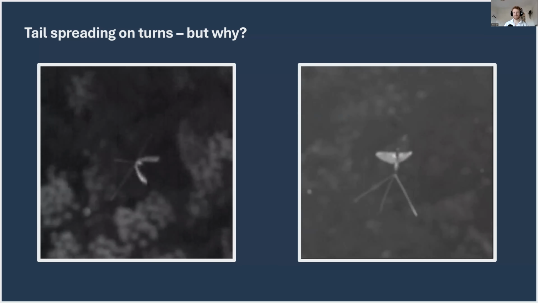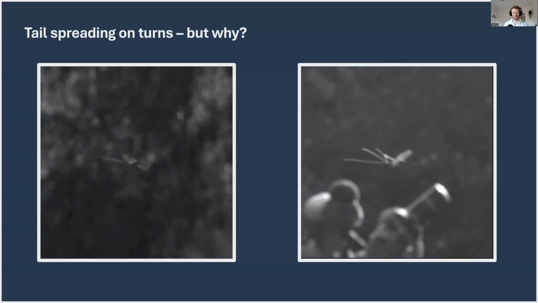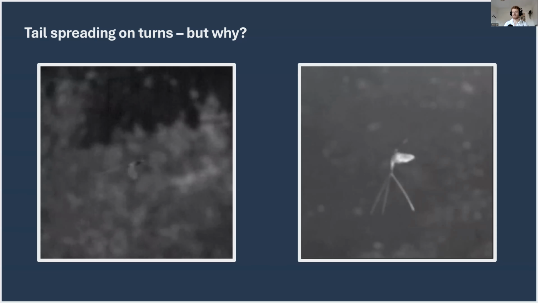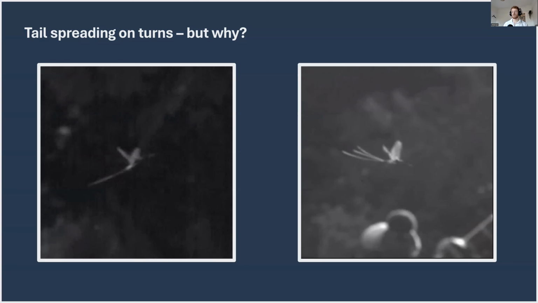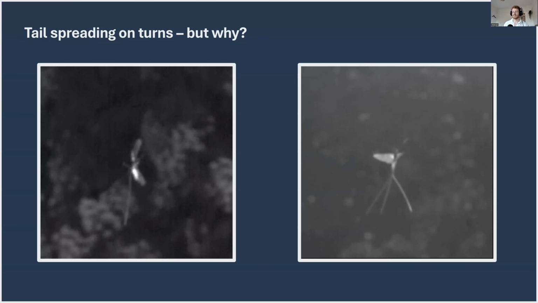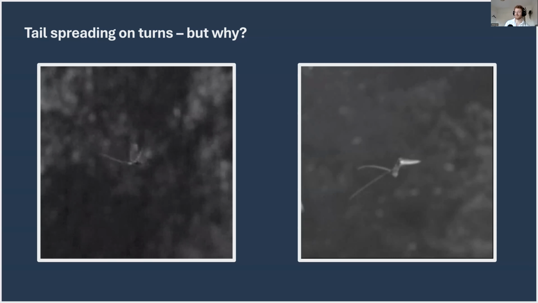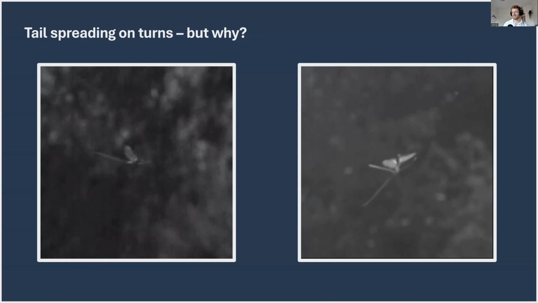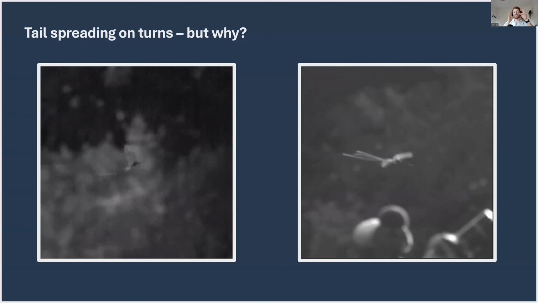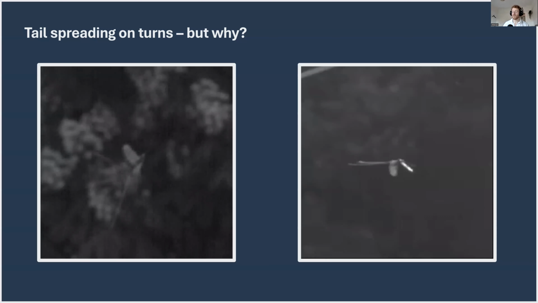So why, if you're chasing something, would you want to activate an air brake? Well, actually, it's kind of like braking if you're driving a Formula One car. You don't take all your corners at full speed, and that's because the slower you go, the tighter the corner you can turn. And that works just as well in the air. So here you can see mayflies spreading their tails as they make turns. And my working hypothesis, although I don't have any evidence really beyond a hypothesis, is that they're spreading these tails at the turn to make that turn that little bit faster so that they can stay locked onto a potential female who might be zigging or zagging left or right and stay underneath her.